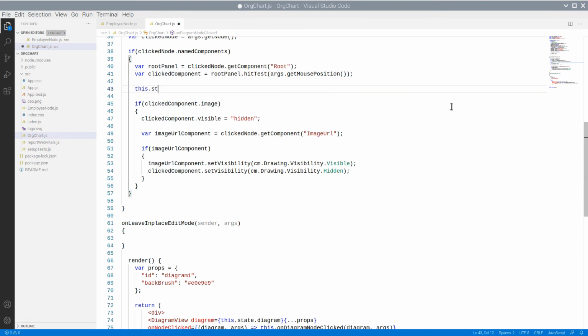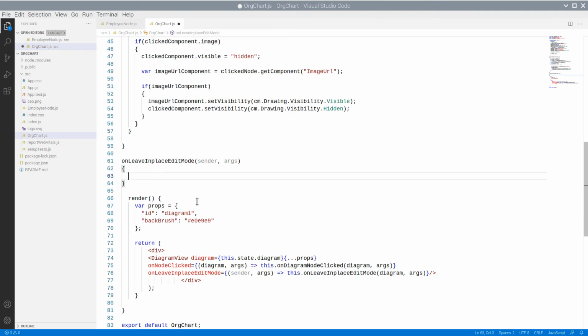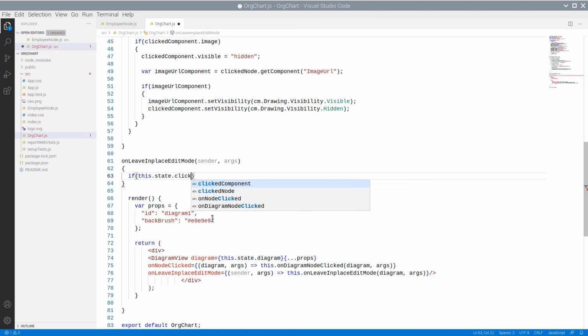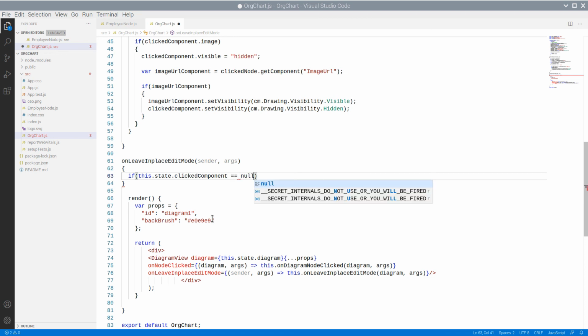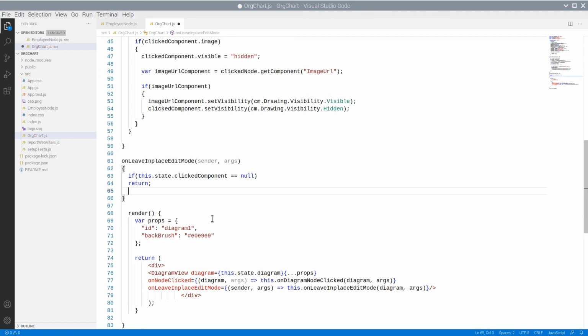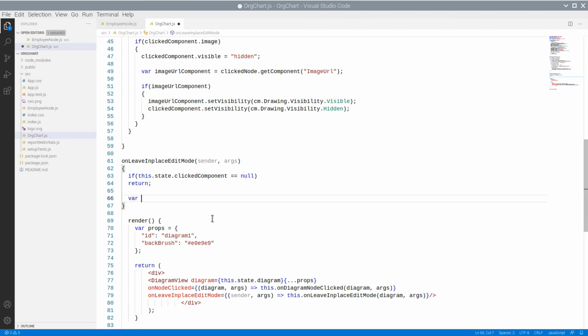First, we need to have access to the clicked component. We have to store it in the state, because in the LeaveInPlaceEdit event we cannot get it. So, we check if the clicked component is null, and if not, we get the HTML control that represents the URL edit box. We get it with the getControl method of the event args.